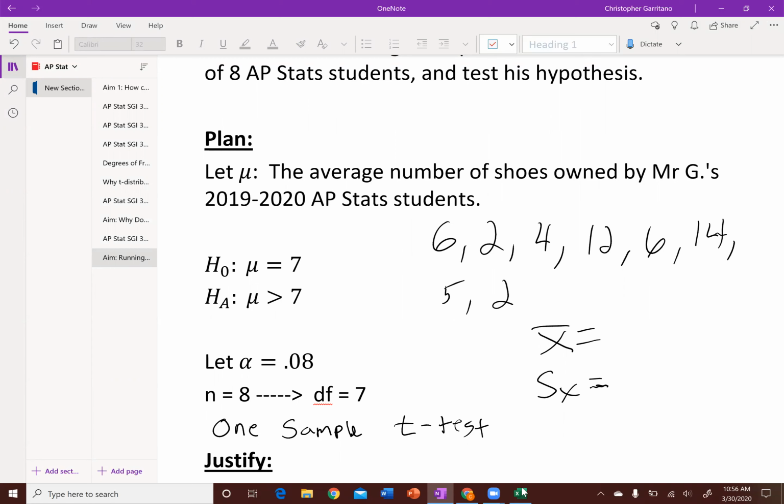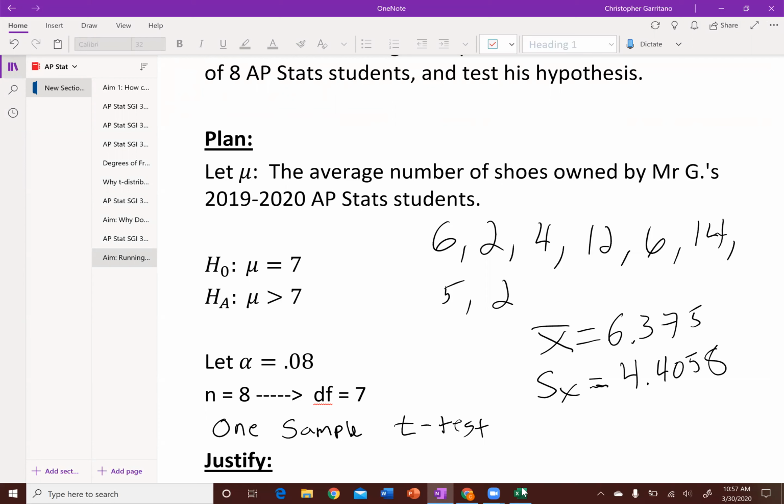So I'm going to enter the data into my list 1: 1, 6, 2, 4, 12, 6, 14, 5, 2. Those are my 8 numbers. I'm going to go to stat, calc, 1-var stats on list 1, and I find that x bar is 6.375, and my sample standard deviation is